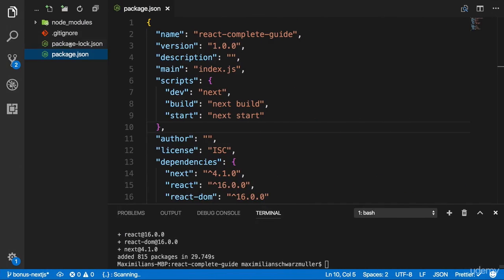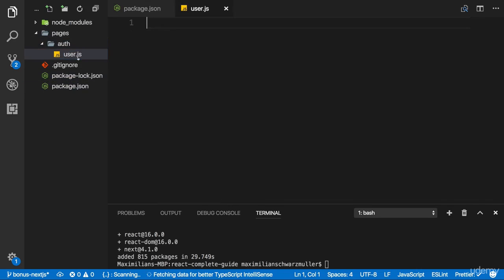Let's create it. You create it directly in the root folder next to node modules and the other files here. So there you create a new folder, pages. And in there you now create your JavaScript files, which will be React components, which will hold and export React components. And these file names now define the different paths you have. You can also have a subfolder like auth there, and in there add, for example, user.js. You would reach this file at your domain /auth/user. If you name this index.js, you would reach it at /auth.